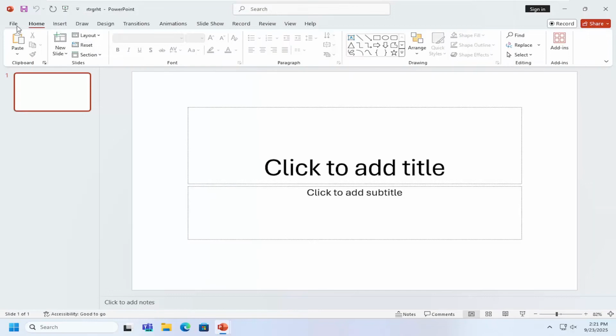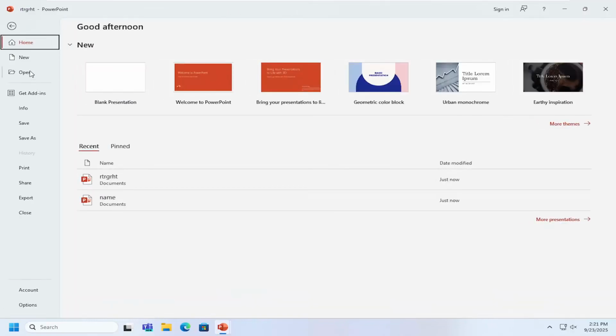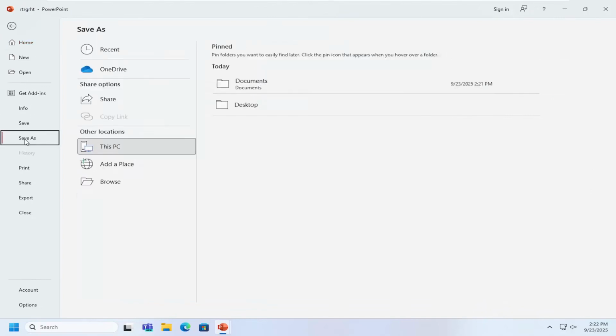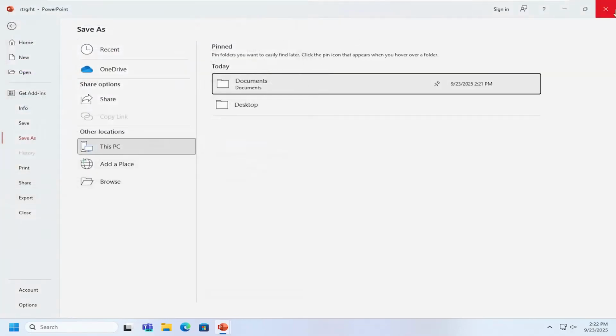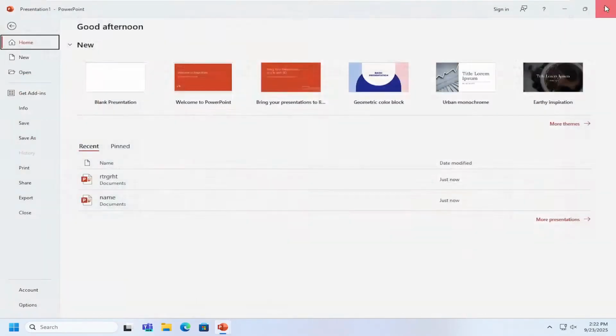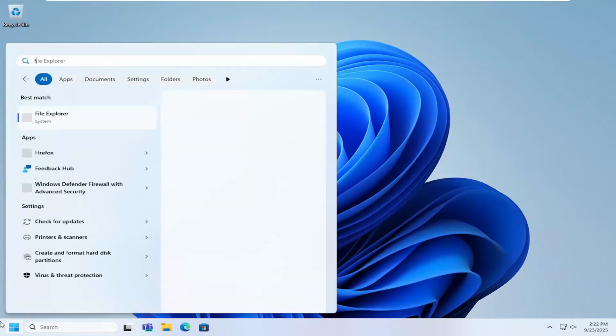If you want to change the name of an existing PowerPoint, you may want to go and locate that file on your computer. So if you selected Save As, and you should see the folders that you could save files in, you can then just go ahead and select up at the top bar, just copy that. So highlight over it, like double click on the File Explorer address bar, right click and copy, or select Control C. And then if you were to close out of PowerPoint and then open up File Explorer,